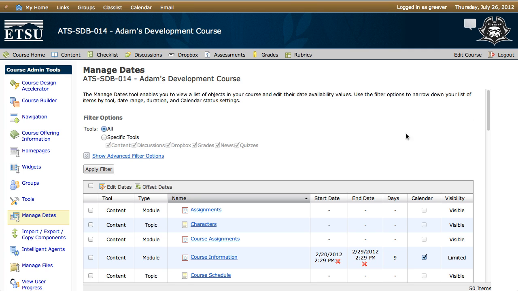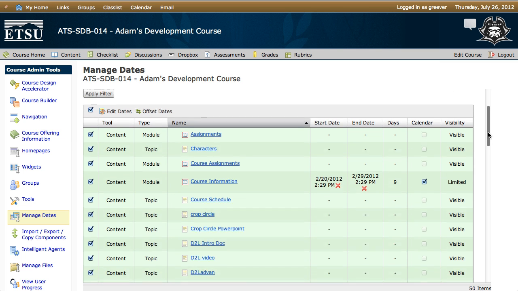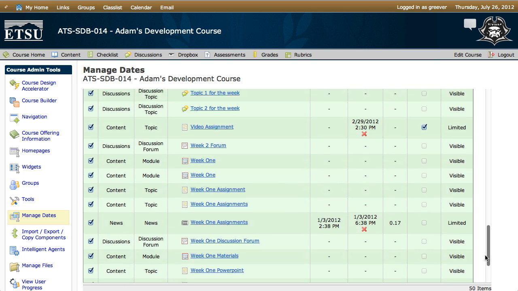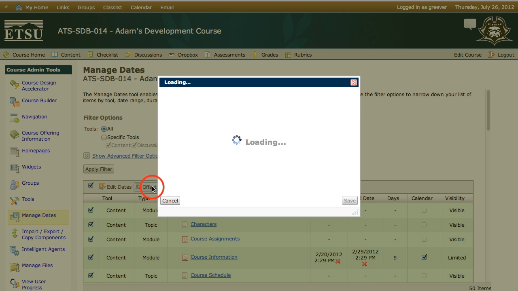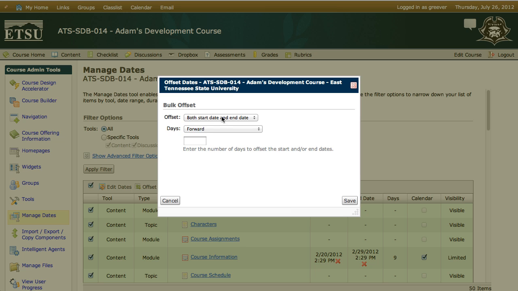To do this, we're simply going to either select all the tools at once or choose specific tools if I just want to move the start and the end dates forward for a particular thing. I'm going to go ahead and leave mine selected to all. I'll come down and choose this checkbox right here to select all the items in the course, which we can see here. I can then use the Offset Dates button to move the start and the end date forward X